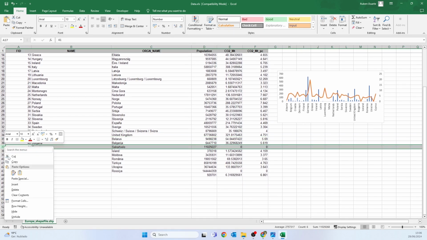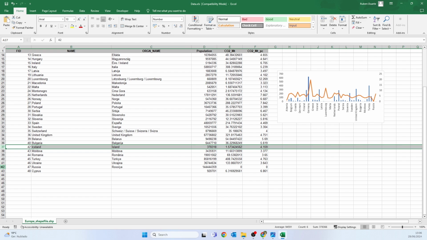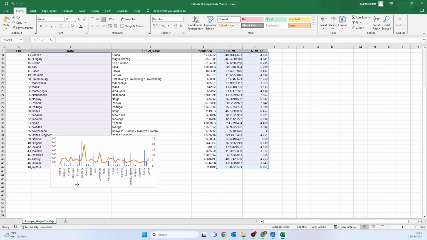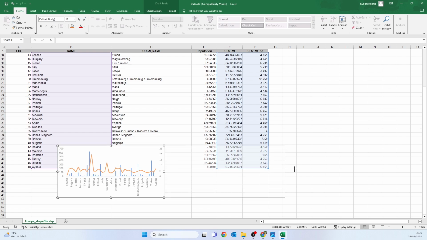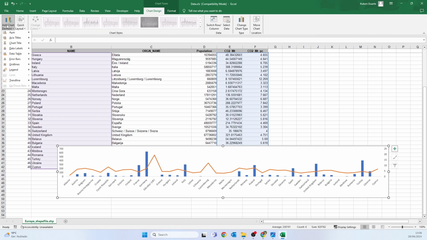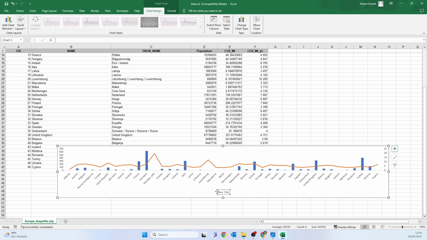Georgia and Russia is the last one. Okay, there we go. Now every country has values. Let's now go to chart design, add chart element, axis titles, and I will create axis titles for the axis on the